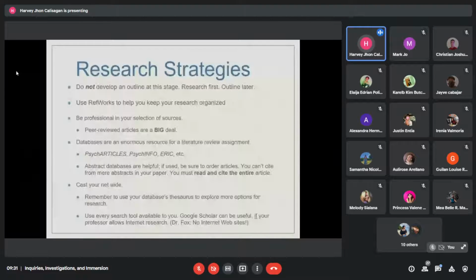Another, use your sources to help you keep your research organized. Peer-reviewed articles are a big deal. How will you be a professional researcher? And how will you choose professional sources? Of course, you have to make sure that the online site is reliable. Okay? We don't recommend Wikipedia. We don't recommend Wiki Answer, How Wiki,